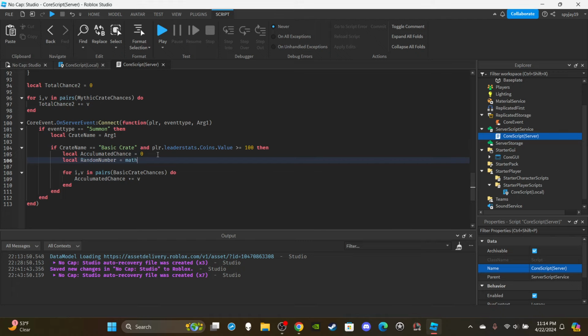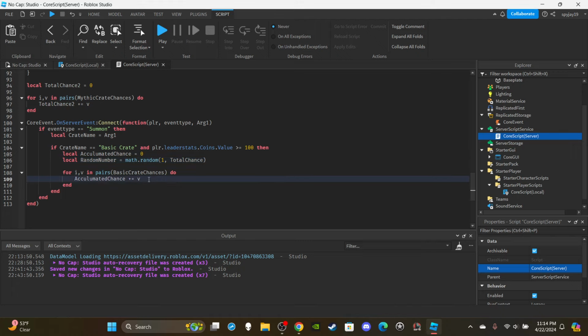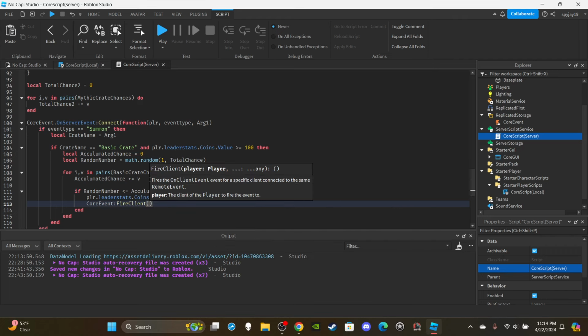So random number is equal to math.random 1 comma total chance, right? And then you're going to go after the accumulated chance instead of the for v in pairs loop. Then you're going to say if a random number is less than or equal to accumulated chance, enter. Then you're going to say player.leaderstats.coins.value is greater than or equal to 100, whatever the price is. And then core event fire client